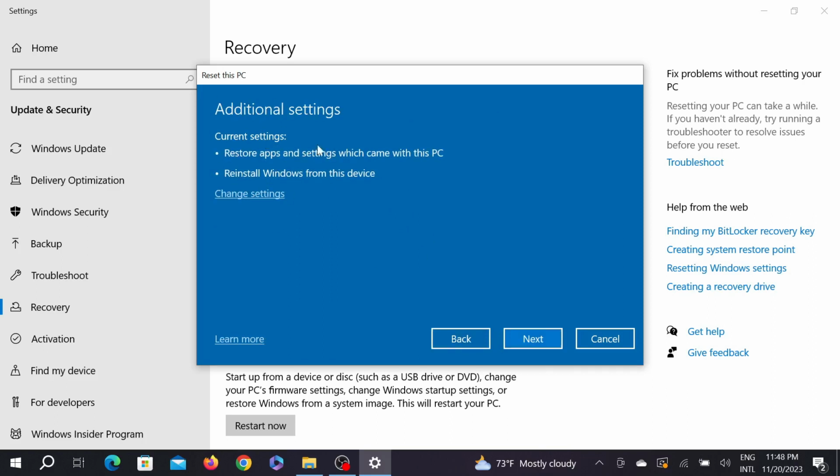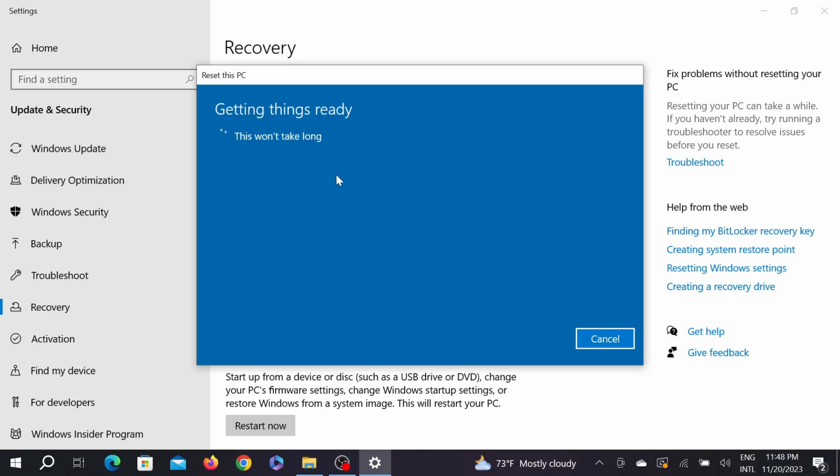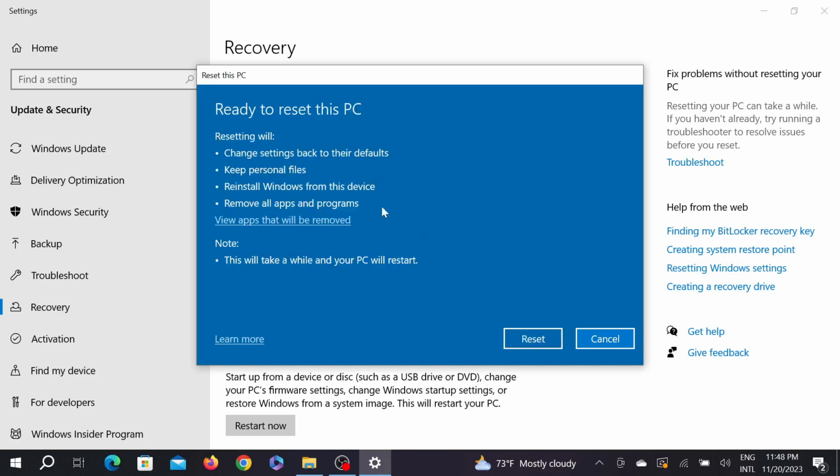And after that, keep these things as it is and select next. And it will take a few seconds to process all these things. And now, as you can see, the PC is ready to reset. You can see all of this instruction, and before you reset the PC, you can read them. And after that, just click the reset button here, and your PC will